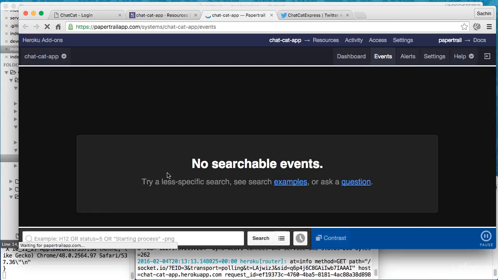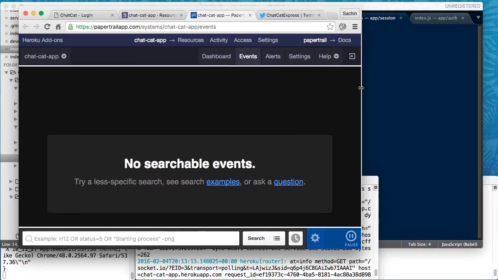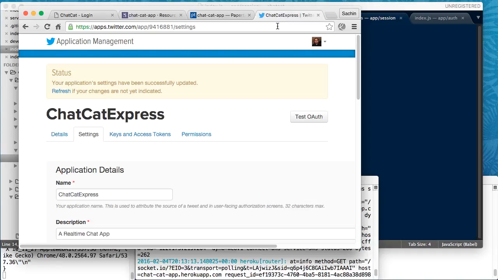The first time you open it up, you might not immediately see any logs. So let's access our app in the browser, since this would cause HTTP requests to at least get logged to the console because of Morgan.